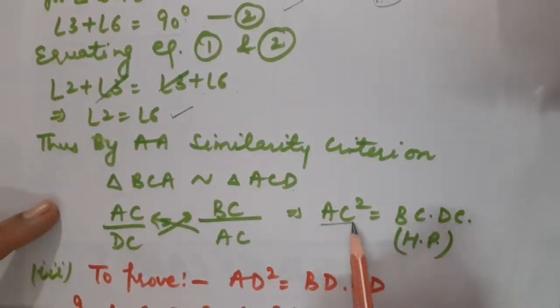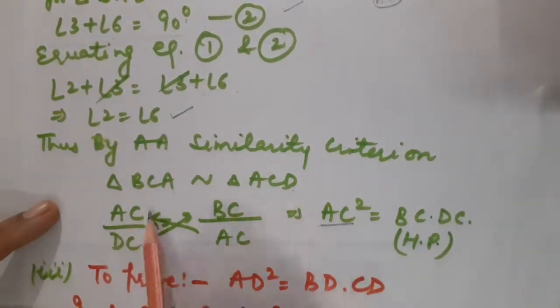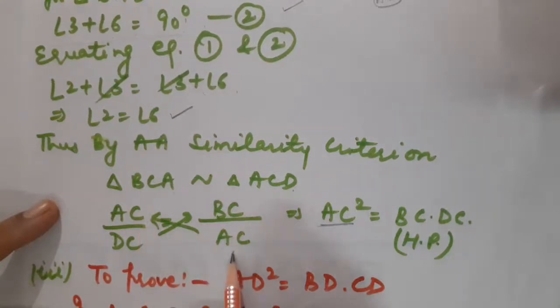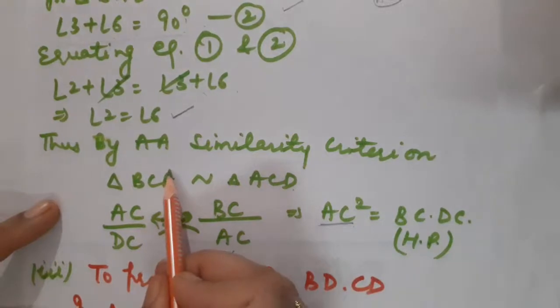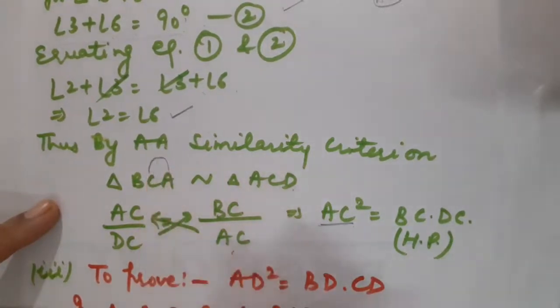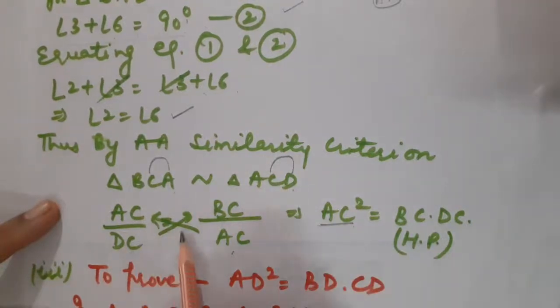Okay. Now just look here in to prove. I want AC square. So how can I get AC? Definitely here in the numerator as well as in the denominator I have to take AC, so that while cross multiplying them I can get AC square. So let us take here AC. Here this is AC upon, definitely you have to take DC, is equal to, now I want AC in the denominator,